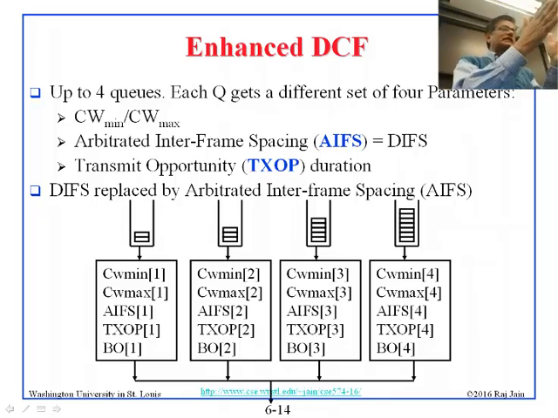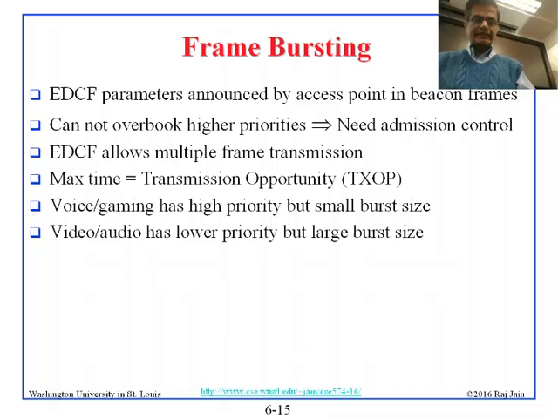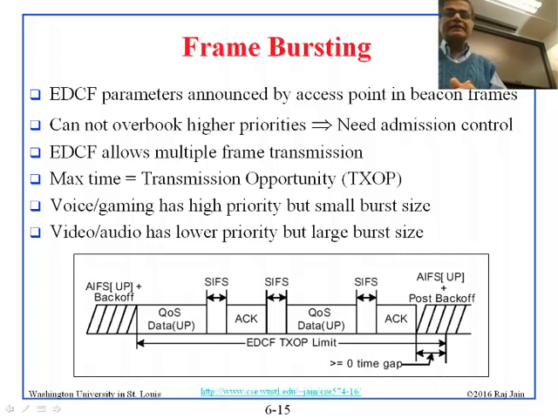So now you can see how the priority will be done, because if you have stations which are consistently drawing a smaller number, they will get higher priority than the stations which are consistently drawing higher numbers. So basically, you arrange all these parameters so that the higher priority gets better advantage. They get first. Only when they are done, the other priorities get in. Now, frame bursting is that